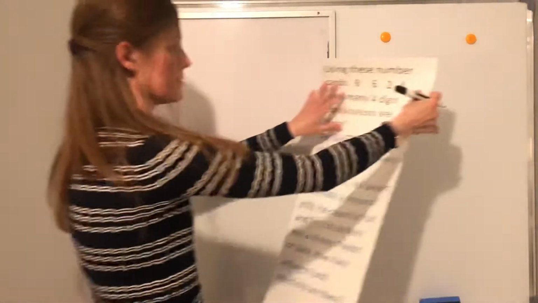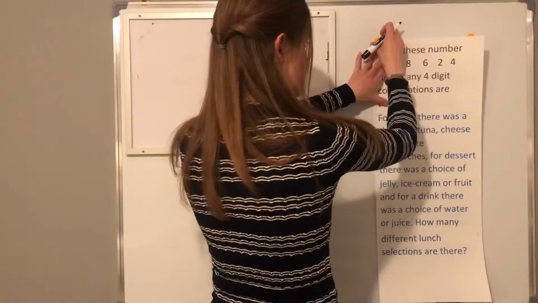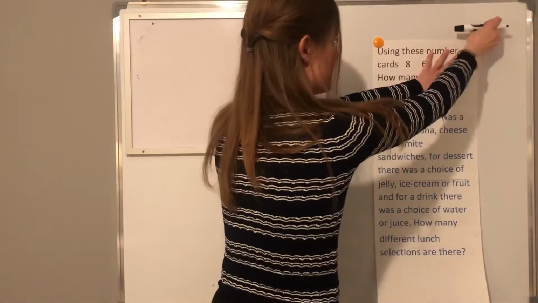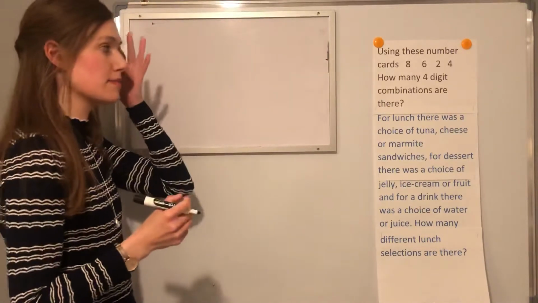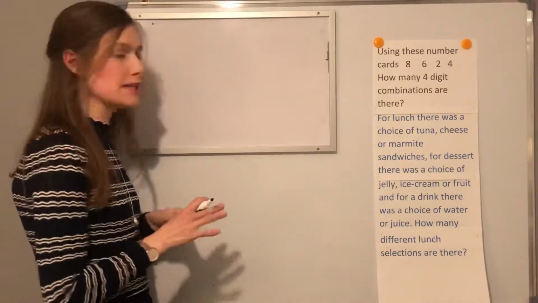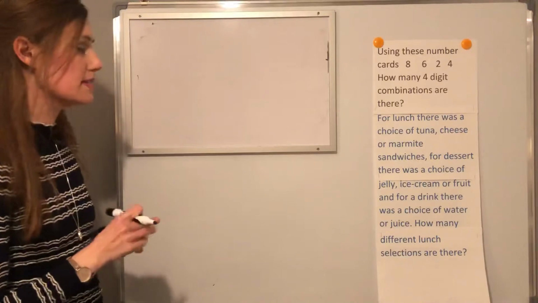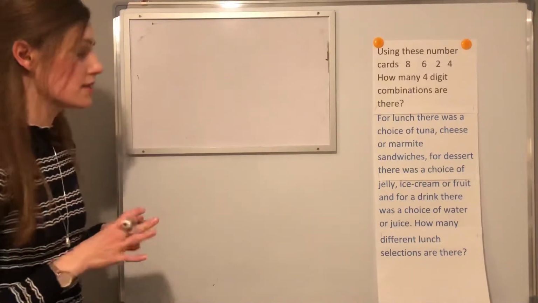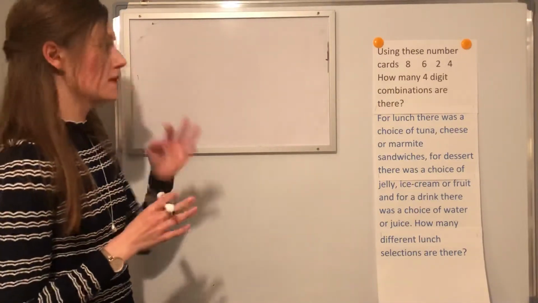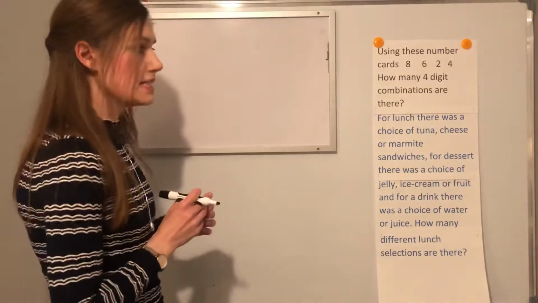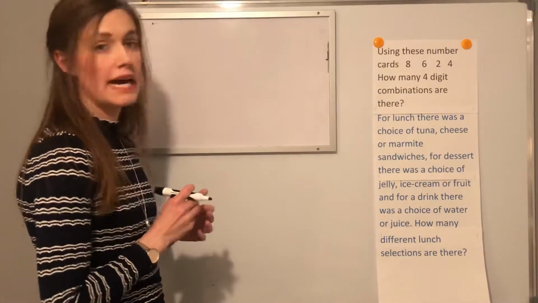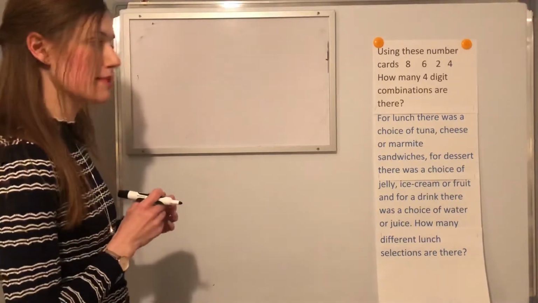Okay, the next thing we're going to try is number combinations. Now, this often comes up in the 11 plus exam. Sometimes it will be quite easy and other times it will be harder. We're going to try some harder ones. So the first one says, using these number cards, 8, 6, 2 and 4, how many 4-digit number combinations are